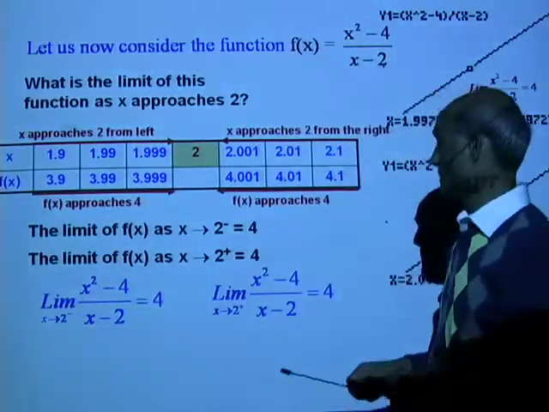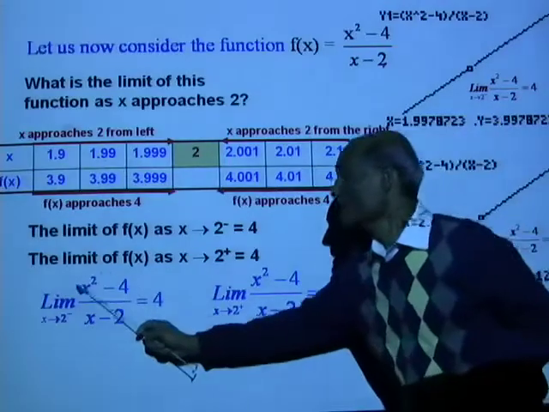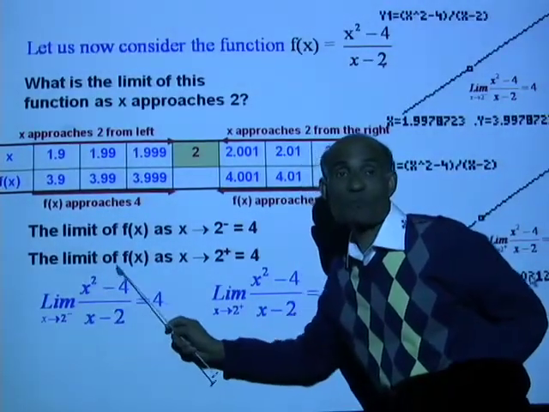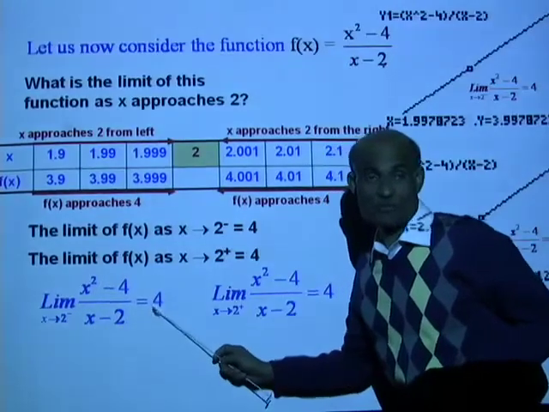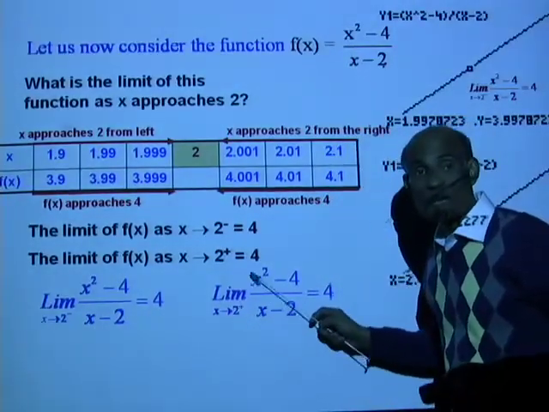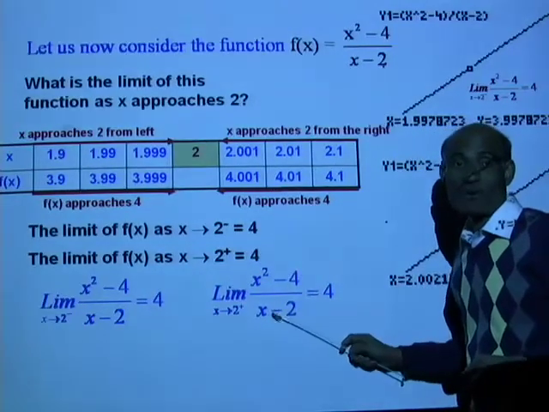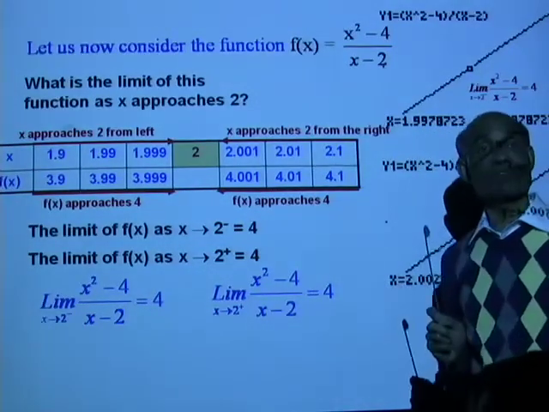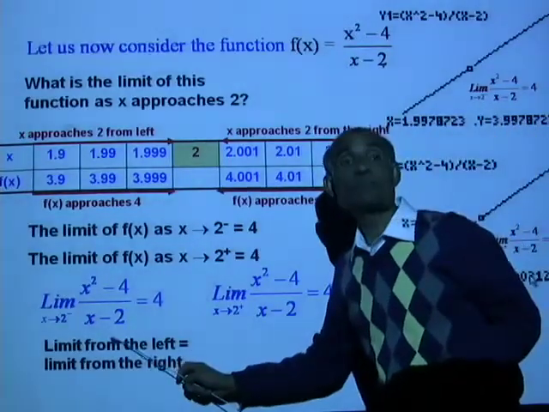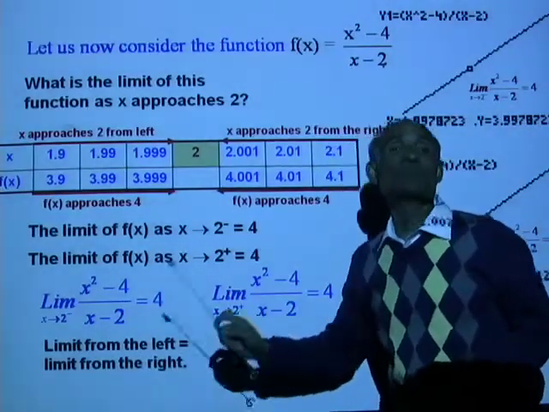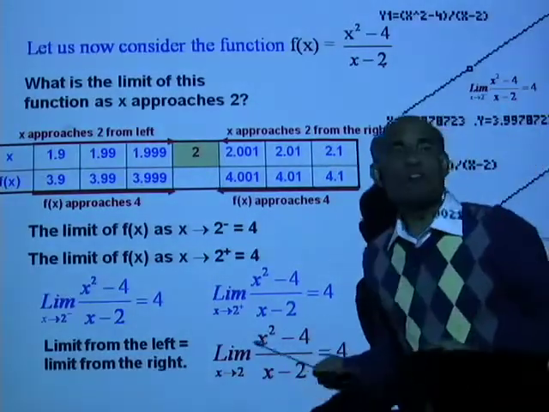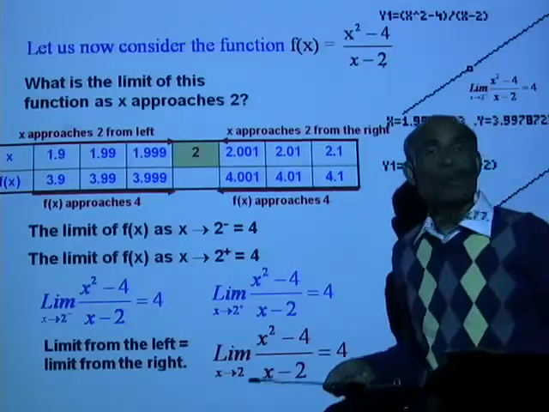And therefore, we can say the limit as x approaches 2 from the left of x squared minus 4 over x minus 2 is 4. The limit as x approaches 2 from the right of x squared minus 4 over x minus 2 is also 4. And that means the limit from the left equals the limit from the right. Therefore, we can confidently answer this question: what is